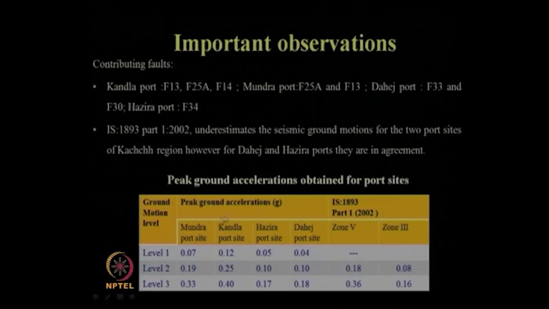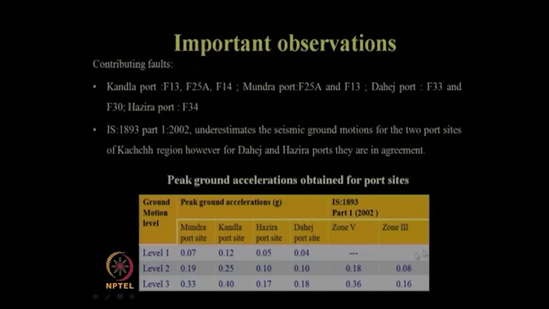Now, for the Mundra port site, we got these peak ground acceleration values, whereas the IS code recommends values for zone 5. Which ports are in zone 5? Mundra and Kandla are in zone 5, whereas Hazira and Dahej are in zone 3. When we compare the level 2 PGA, as per the IS code, the recommended value is 0.18 g. And what value did we get from the analysis for the Mundra port site, considering the soil properties at Mundra port? 0.19,